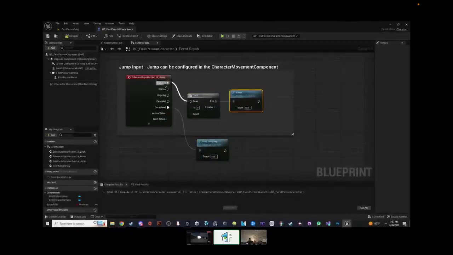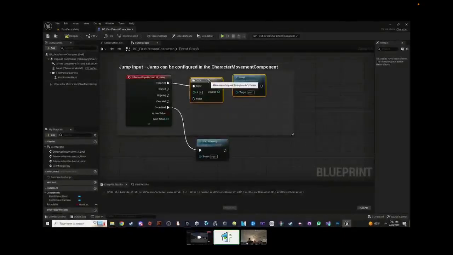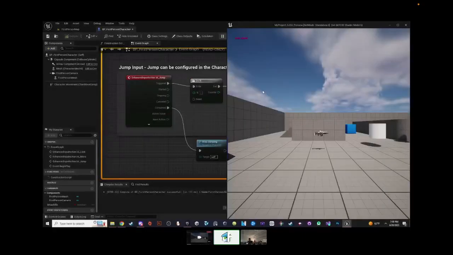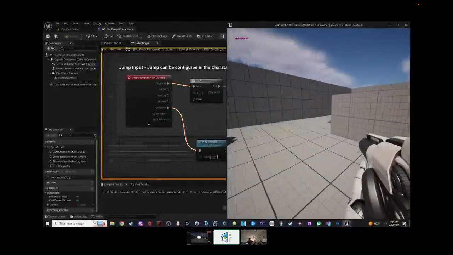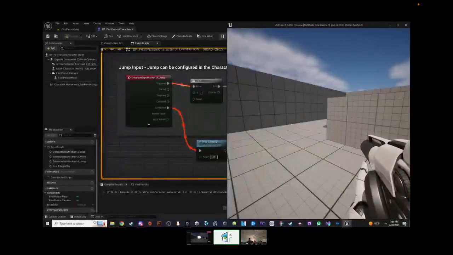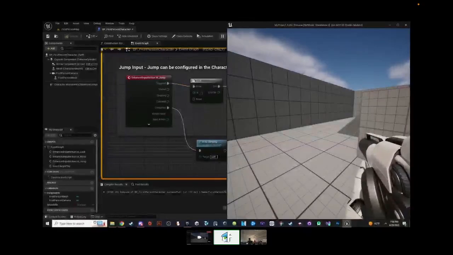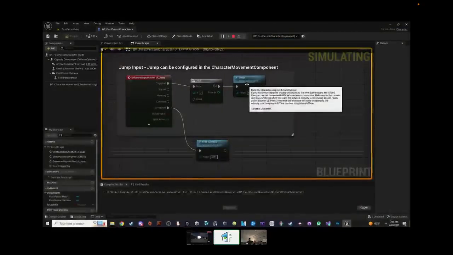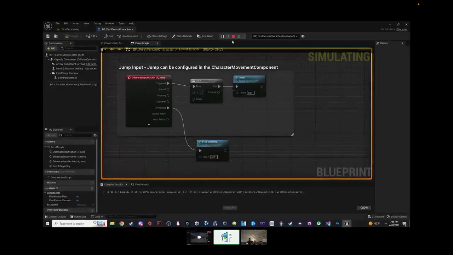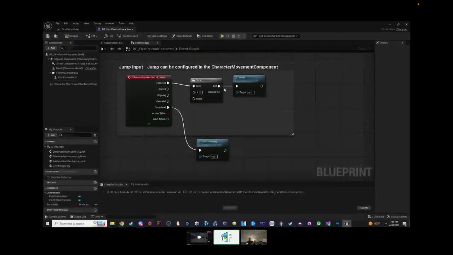Okay, like that. And again, let's try to jump twice. Compile, play, and let's try that again. So I can jump once, but how come it's not letting me jump twice? Huh. I don't know why that's the case, but one thing I do know is that the action is reading, because I can still refer to the blueprint and I can still see it being animated. But again, I don't know why it's not jumping. I know I jumped once, and I probably pressed it twice more. So let's try to fix that.